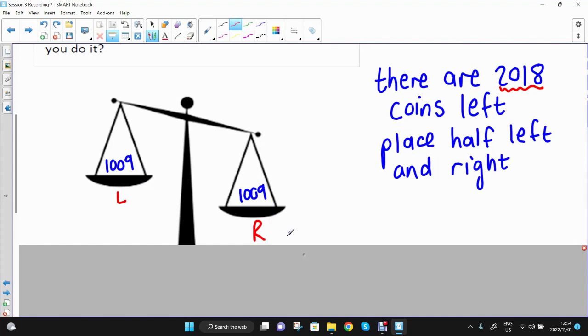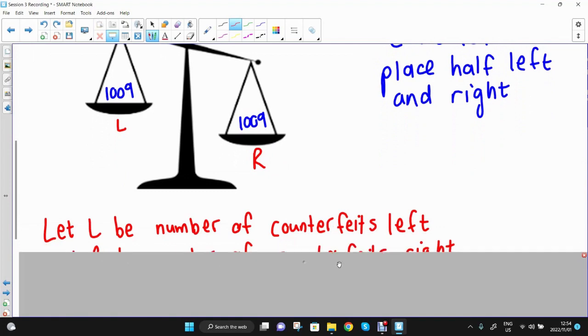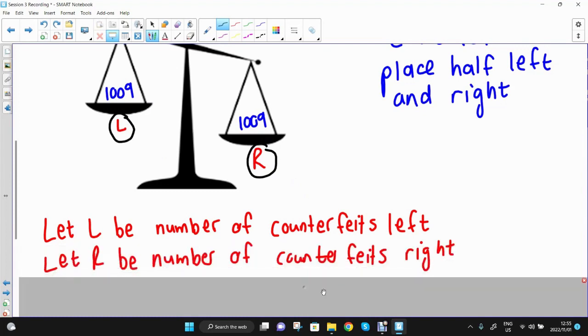Now remember, 20 of these coins overall are counterfeit. So you've got two scenarios to play out here. On the left-hand side, there might be a certain amount of counterfeit coins. Now I'm going to say there's L amount of counterfeit coins on the left, and on the right I've got R amount of counterfeits on the right. I don't know how many on each side,